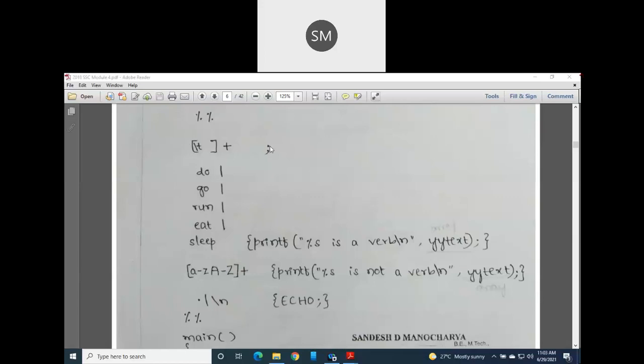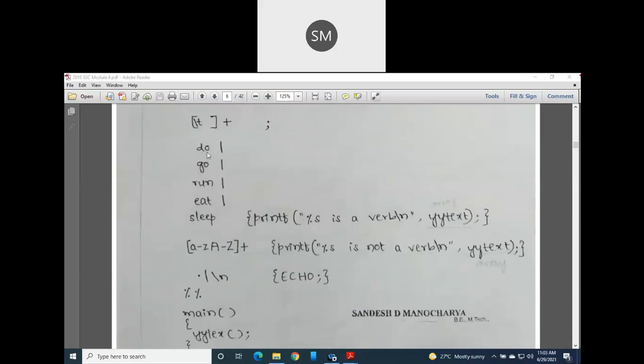Correct. So the next pattern is do. The next pattern is go. Next are run, eat, sleep. Immediately after writing all these verbs, I have used one space and then this vertical pipe. As I already told you, do is a pattern, and I have given one space here, then used one pipe. The pipe is an action, the action for the pattern do.